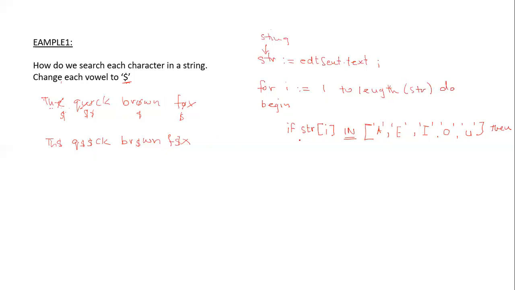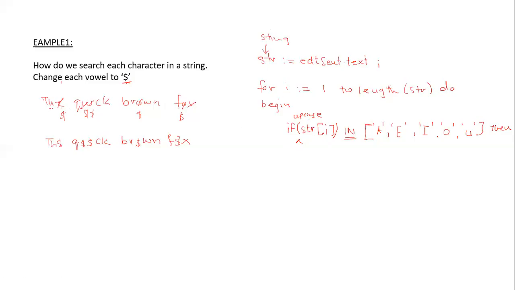So I should really be converting this to uppercase. You will remember that when you're working with characters, you use uppercase, but if you're converting a string, then you use uppercase. So if upcase of str[I] is in the set A, E, I, O, U,